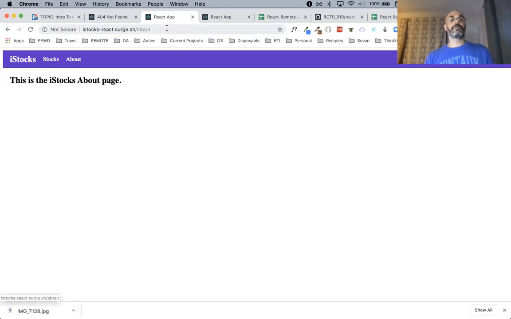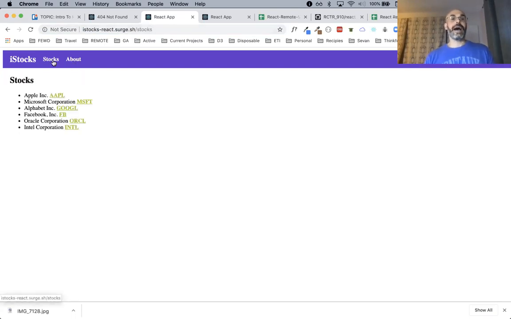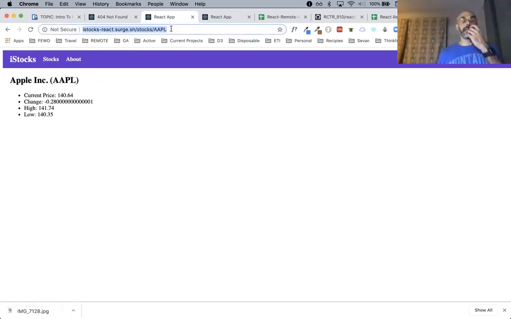If I go to about, it changes to about. If I go back to stocks and then click on a stock, it's stocks and then the name of the stock. The changing of the URL triggers the request for a resource, okay? And React is going to be handling that trigger mechanism. So it's going to be fielding it, it's going to be searching this, and it's going to be like, oh, I will make the request under the hood to the server to get that information, okay?